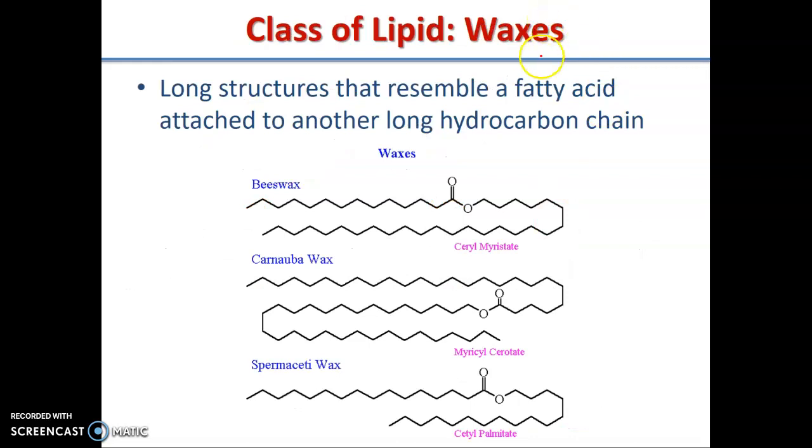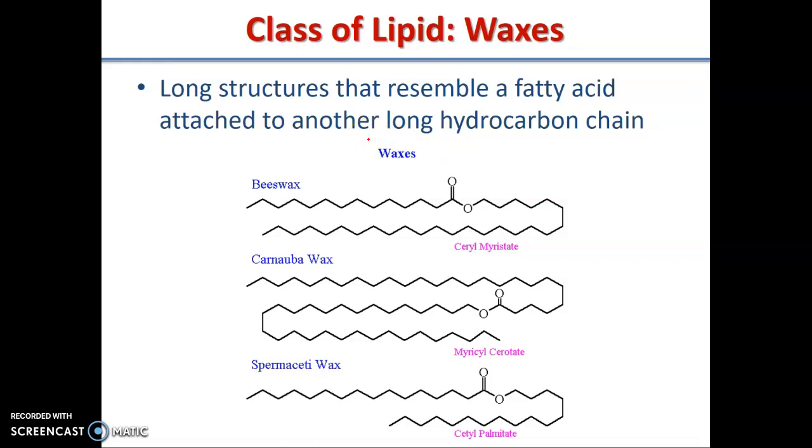Now, the last class of lipids are these waxes. These are long chains of fatty acids attached to hydrocarbon chains. Okay? So they resemble fatty acids. They resemble the triglycerides we talked about, but they're only two and they can be more complicated. Okay? Now, our waxes